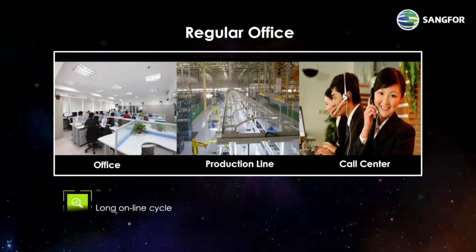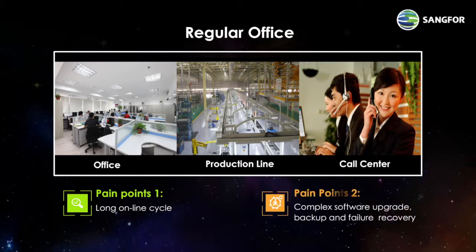There are 2 pain points. Firstly, there are extremely complex and time-consuming processes for new desktop online, including system installation, software deployment, configuration debugging, and so on. Each desktop takes about 2 or 3 hours on average. What's more, the workload is proportional to the number of desktops. Desktop online cycle will become longer and longer.